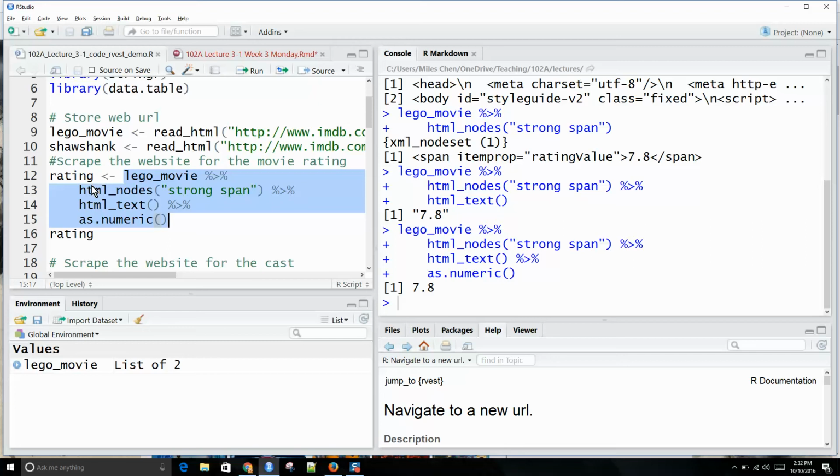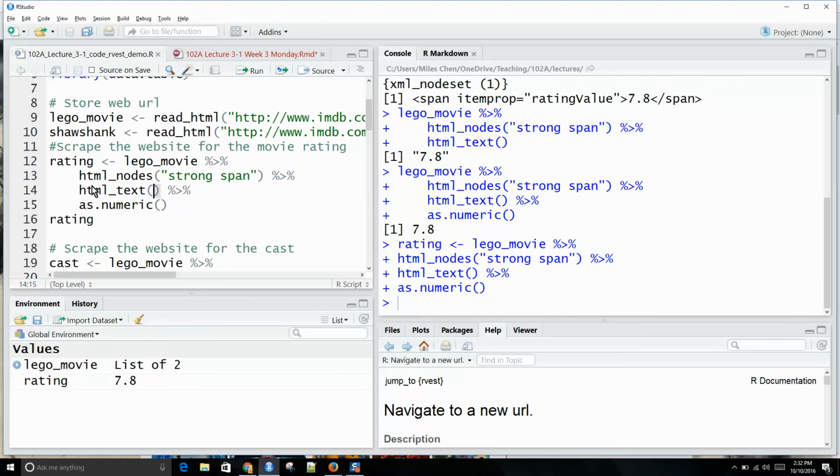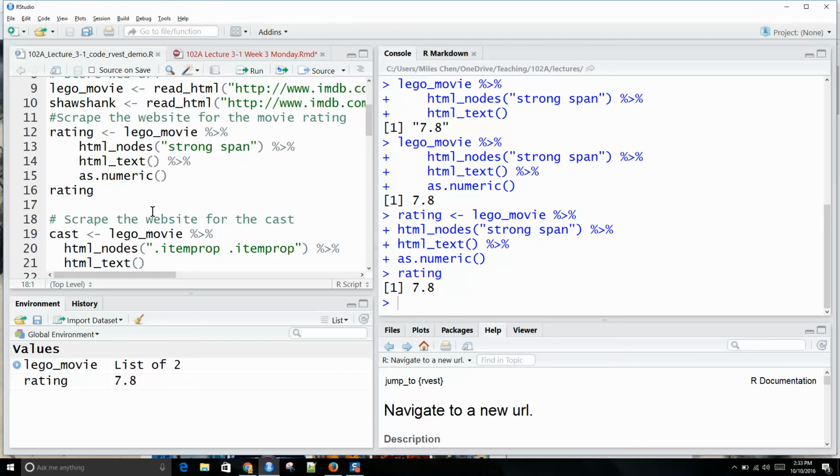Yeah. Do we have to put a period inside of the function that you want to use to make the previous output go in before using pipes? We could. We don't have to, okay? The default setting for the pipe is that the previous output will automatically go in as the first argument in the function, okay? It's just if you want to use the output somewhere else in the function, you can use the period also, okay, to say I want it here. Okay, so we have this, all right,